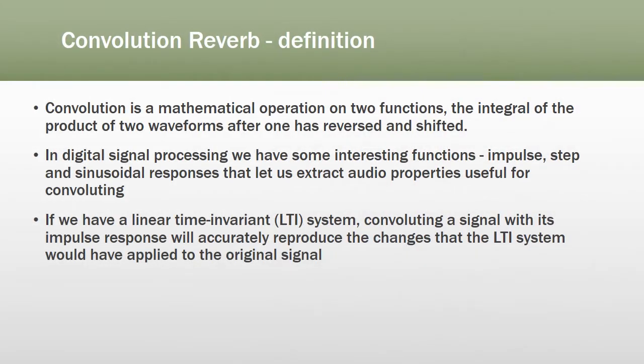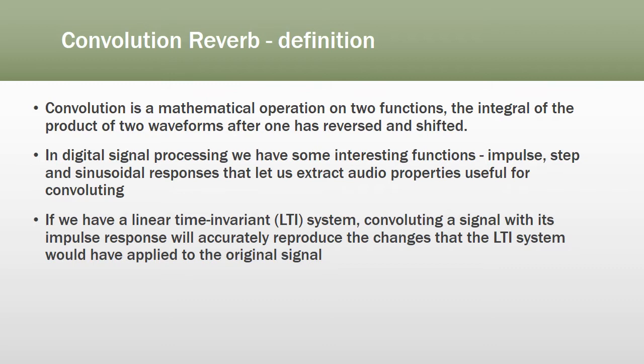What is convolution reverb? Convolution is a mathematical operation on two functions. It is the integral of the product of two waveforms after one has been reversed and shifted. If you're not that mathematically oriented, you can think of it as a special way to multiply two functions. In digital signal processing, we have some interesting functions, impulse, step, and sinusoidal responses that let us extract audio properties